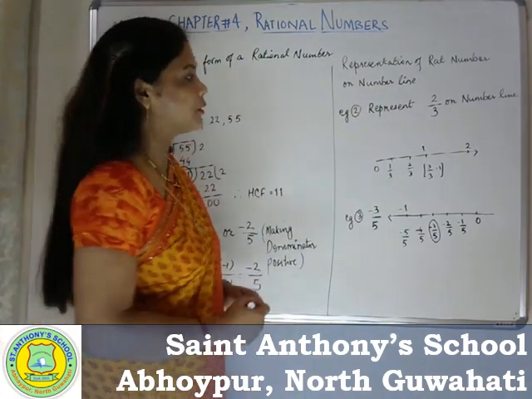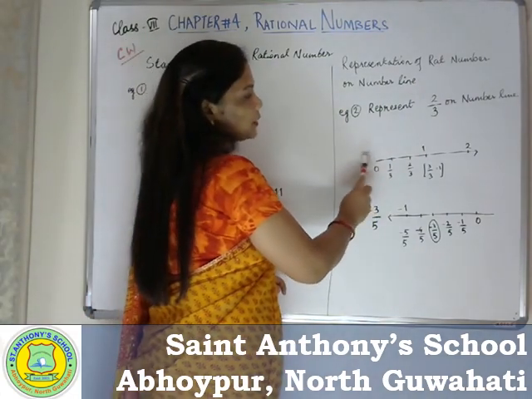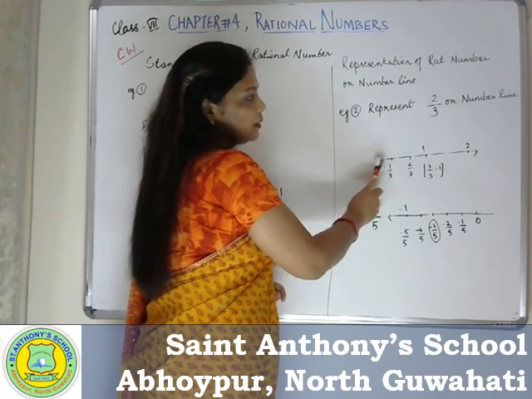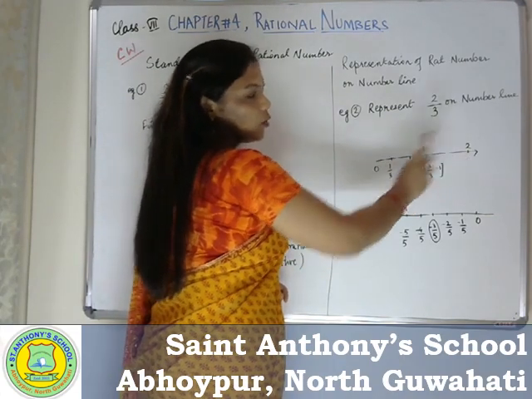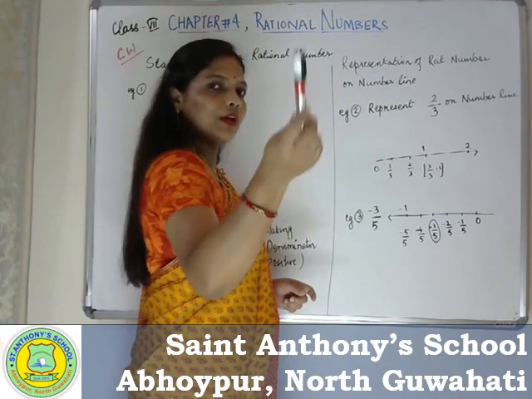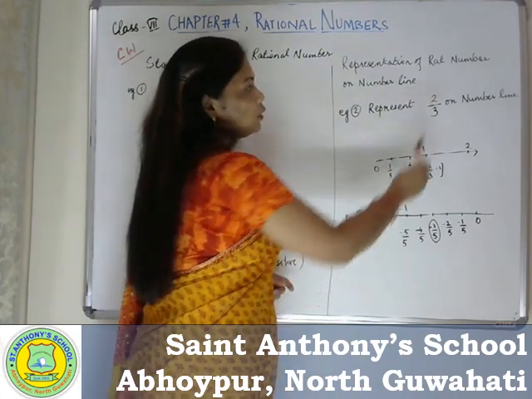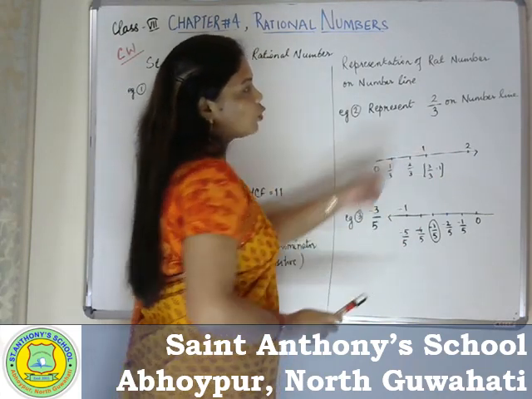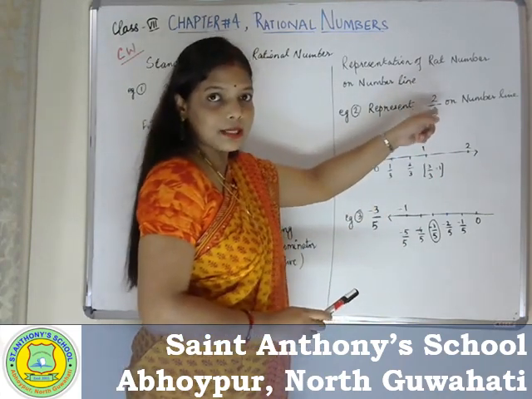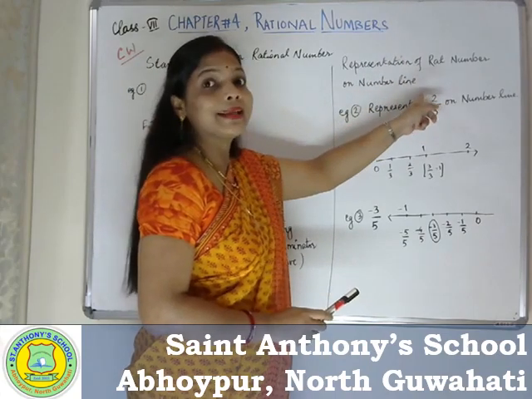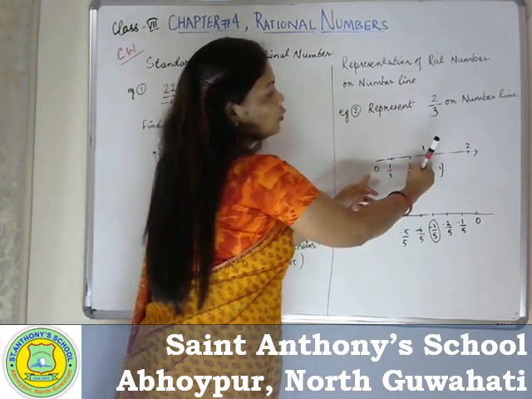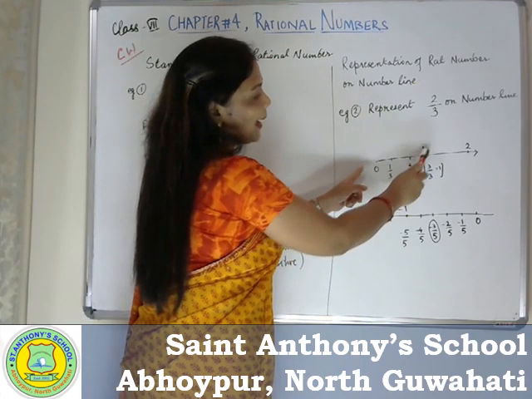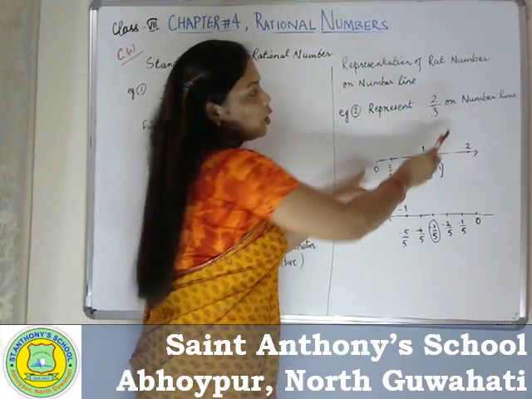First, since it is a positive number, I will draw a line and mark the initial point as 0 and 1, 2. Actually, we don't need a 2 here. I will tell you where we need a 2 or 3. So 2 by 3. Now, I am taking 0 to 1. 2 by 3 means total of 3 parts are there, out of which I am only taking the second part. So from 0 to 1, I am dividing it into 3 equal parts. 1, 2 and 3. That's how I divided, because total are 3.